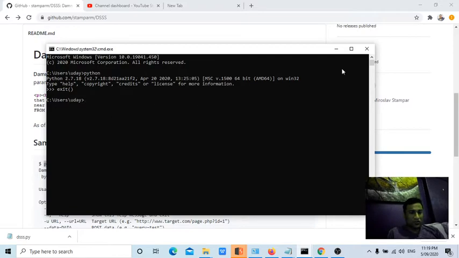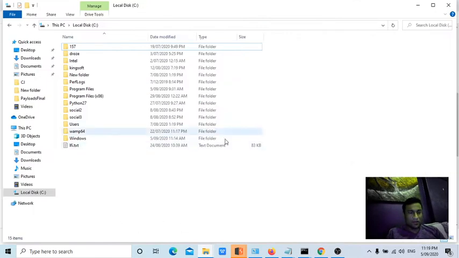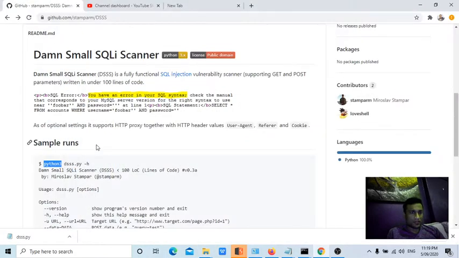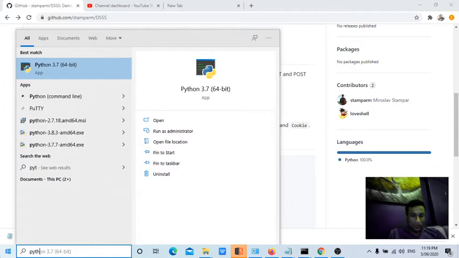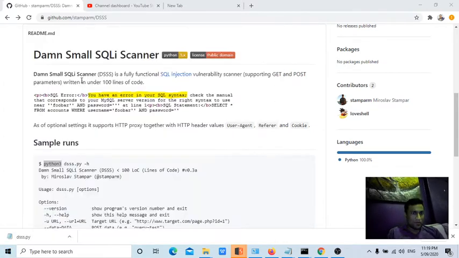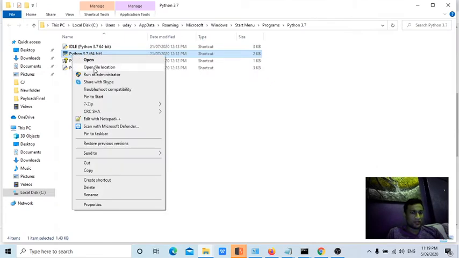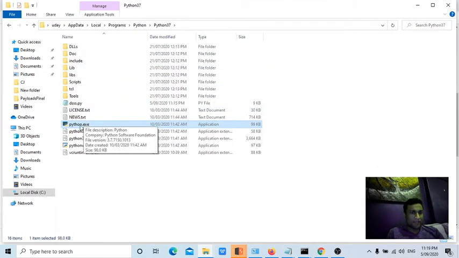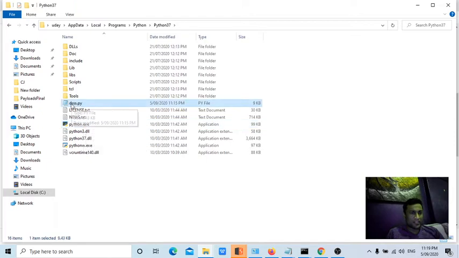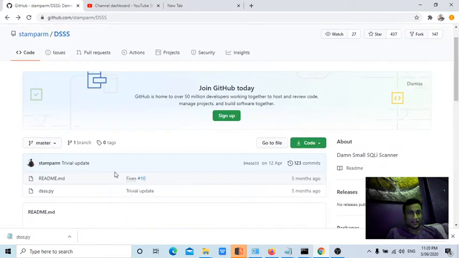I installed both the softwares. So now I installed Python 3. I'll talk only about Python 3 because it is right. When I installed Python 2 and 3, it is showing like Python. I am showing right click, open file location. It is showing the shortcut file name. Right click, open file location. I pasted this particular DSS.py which I downloaded from here, guys, when I downloaded and extracted, right?